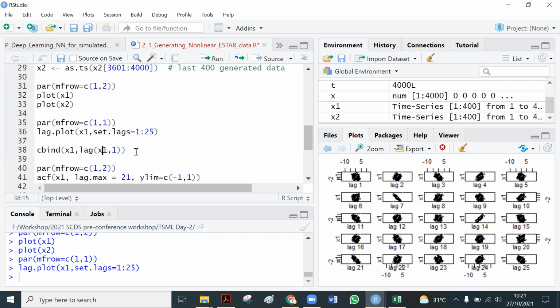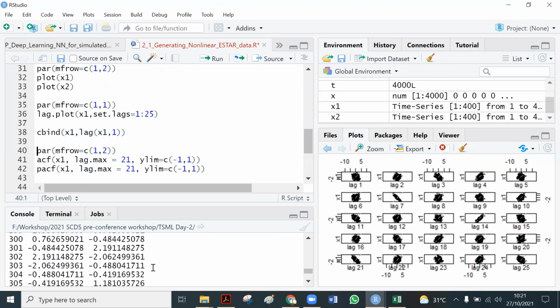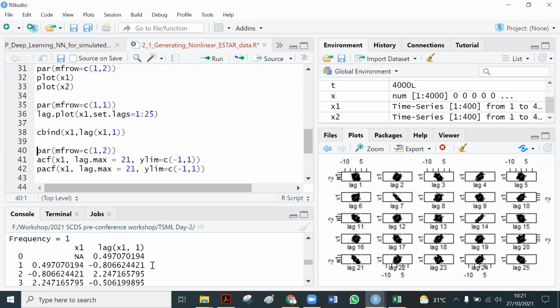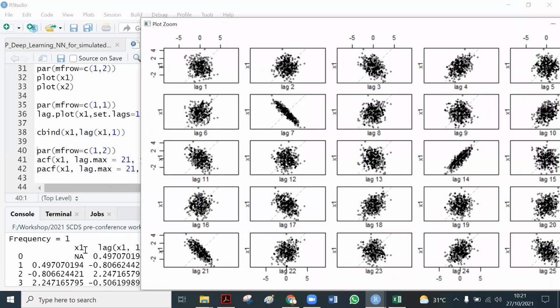So how will the data be? The data is like this. This plot is the scatter plot of xt with xt minus 1 because it is lag 1.